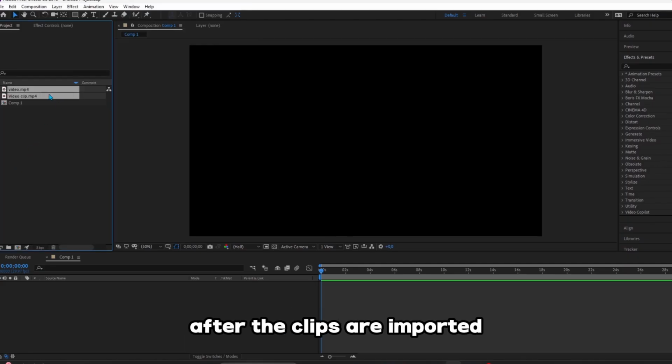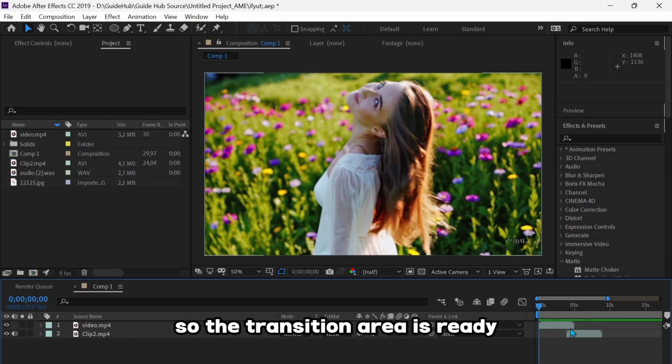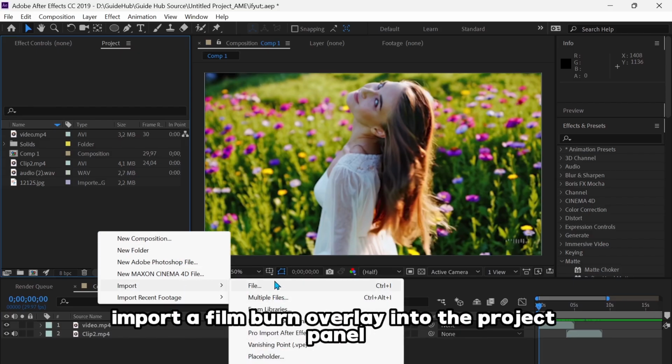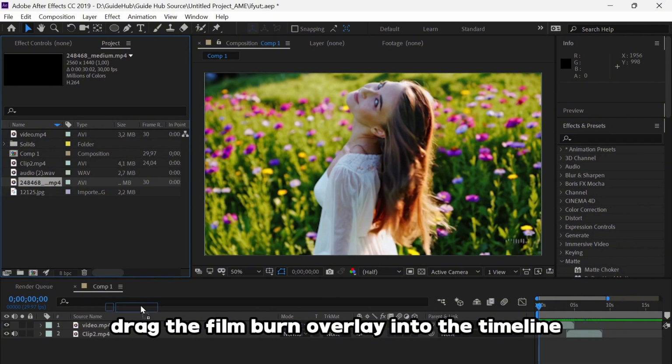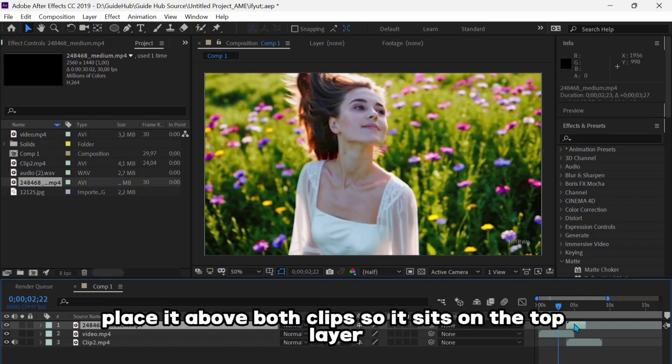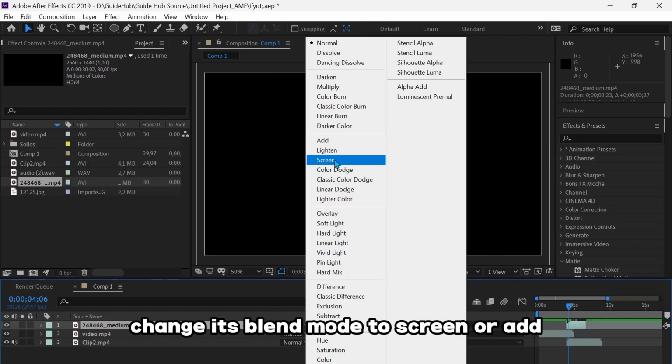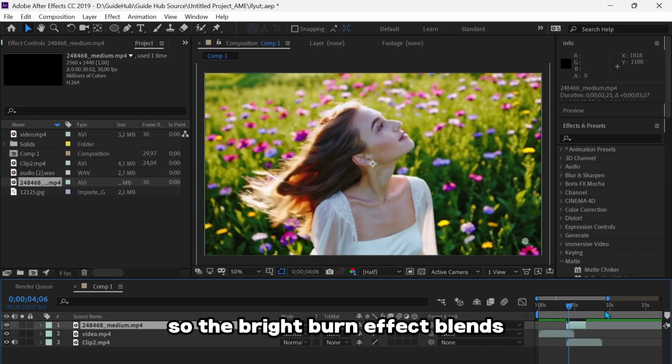After the clips are imported, place both clips in the timeline and overlap them slightly so the transition area is ready. Once the clips are arranged, import a film burn overlay into the project panel. Drag the film burn overlay into the timeline and place it above both clips so it sits on the top layer. After placing the overlay, change its blend mode to screen or add so the bright burn effect blends naturally